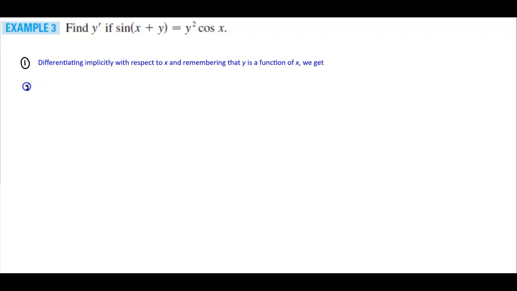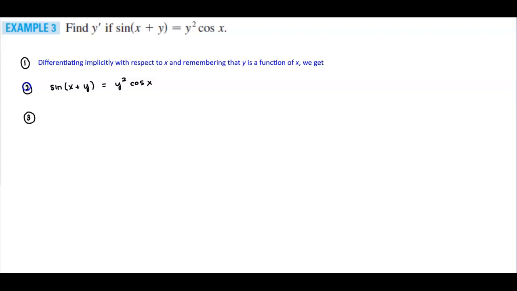Okay, so let's write out what our function looks like. So we have the sine of x plus y, and that's equal to y squared times the cosine of x. Okay, and so now we're going to differentiate implicitly with respect to x, remembering that y is a function of x, then we're going to get the following. So for part 3 here, we first want to find,